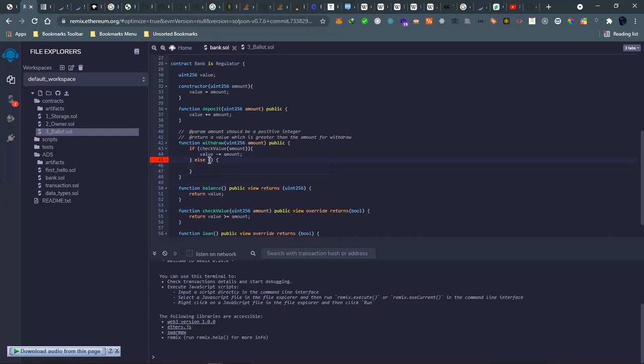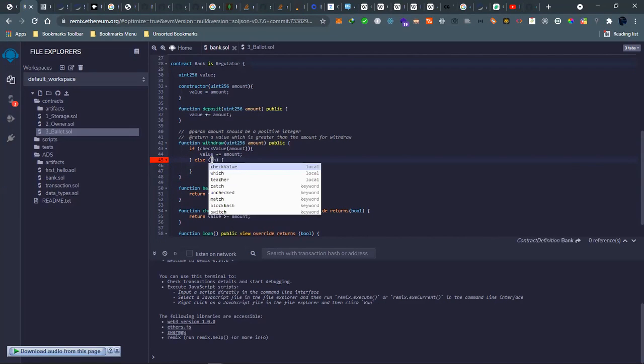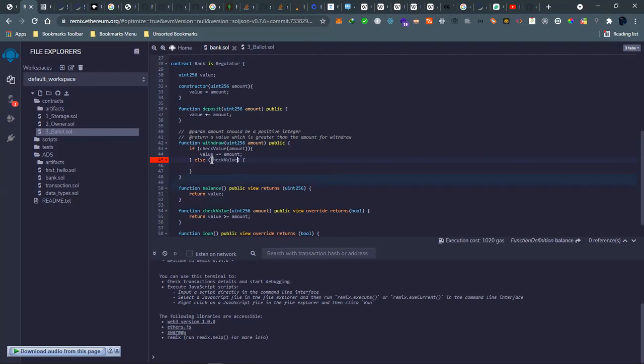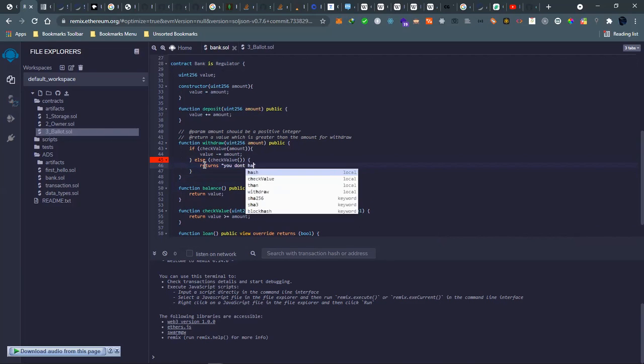So you do another condition there, and then pass what you want to check. So this one could be: if check amount is greater, else if it's less, return something, return you don't have enough,